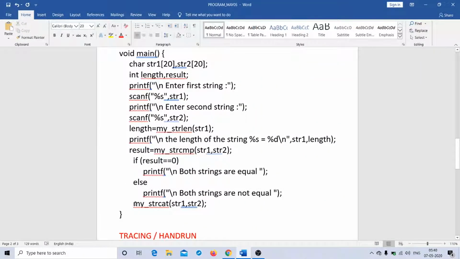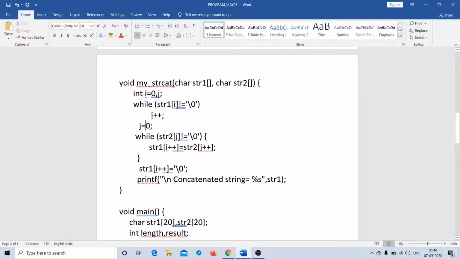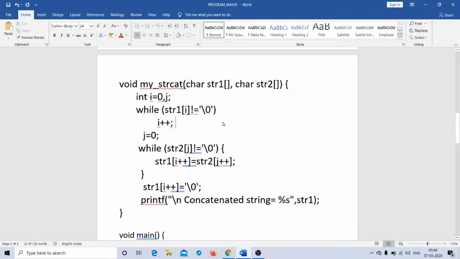And finally what I'm doing is I'm calling my third user defined function called strcat, right, which again takes two parameters, and then the control comes here. And this is the user defined function that I have developed for string concatenation. So what I do is while str1 of i not equal to 0, I keep incrementing the value of i, and then I set the value of j as 0, and this is for my second string. So the first string is actually hello, and my second string is actually world.